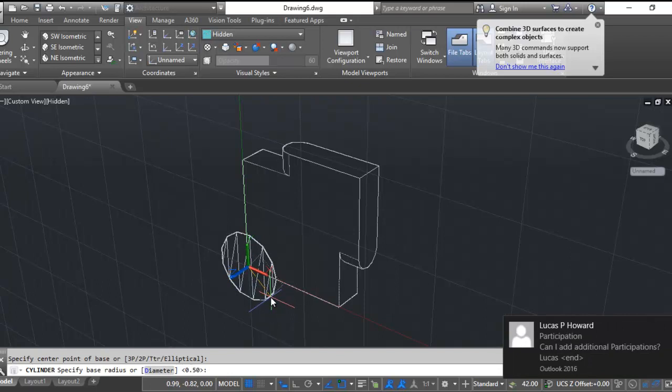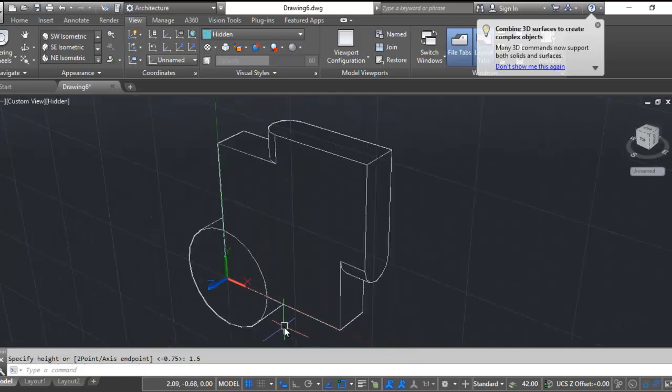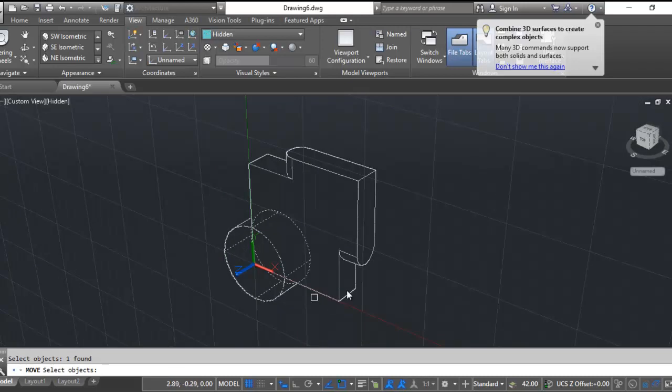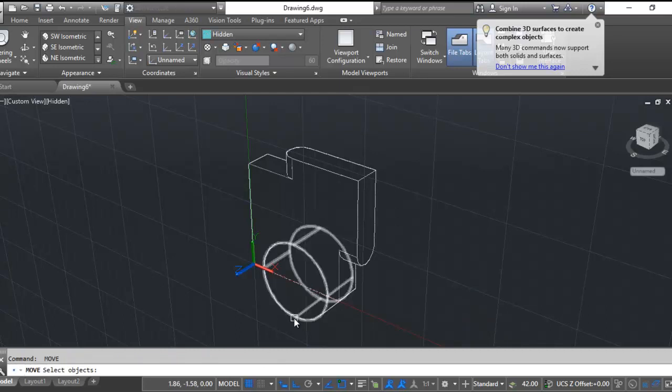My diameter is 3, D enter, 3 enter, and my height will be the 1. And some folks like to overdraw, which I'll do. We'll make it 1.5. That way you can be sure that it trims all the way through. So I'm going to move it to the right. Turn on my F8, my ortho, to the right 2. I'm going to move it straight up